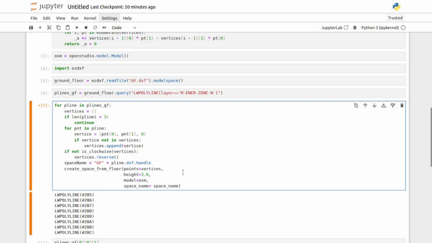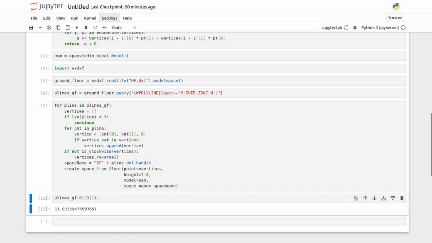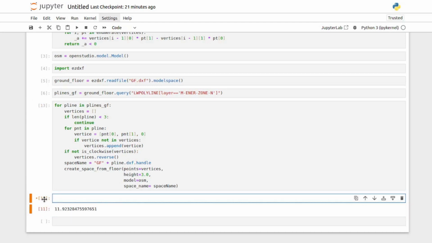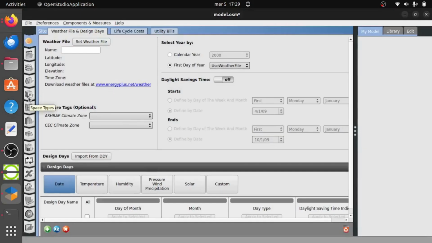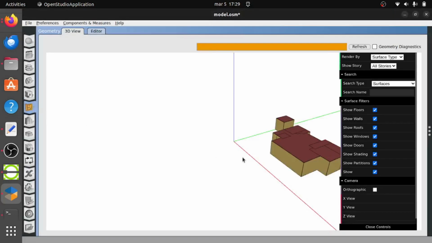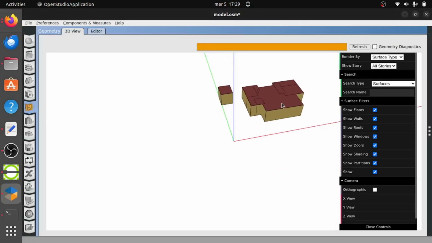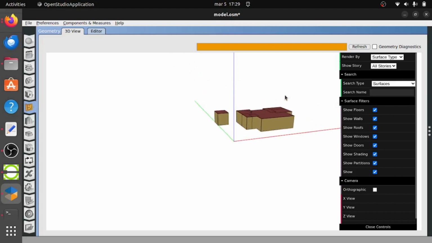And this is the space name. Now let's name our OSM file, so osm.save model.osm. Now if we open our file, we're going to find here geometry, and there it is, the geometry of our ground